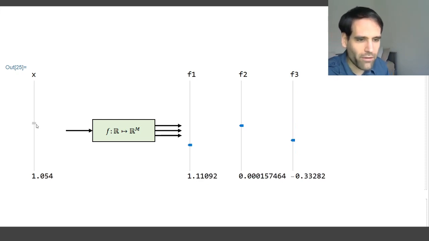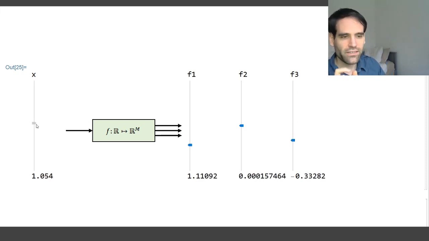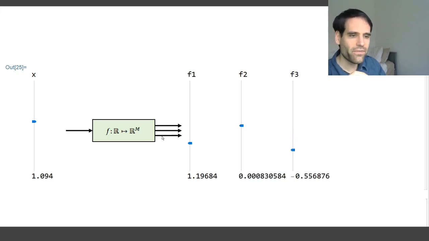And now we can think about the differential dx, which is the amount by which I increase x, and the differential df vector, which would be creating a vector with the 3 differentials of the 3 output sliders. So